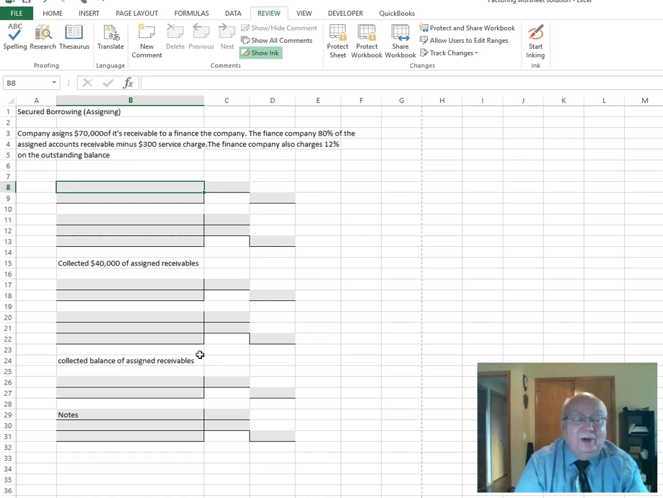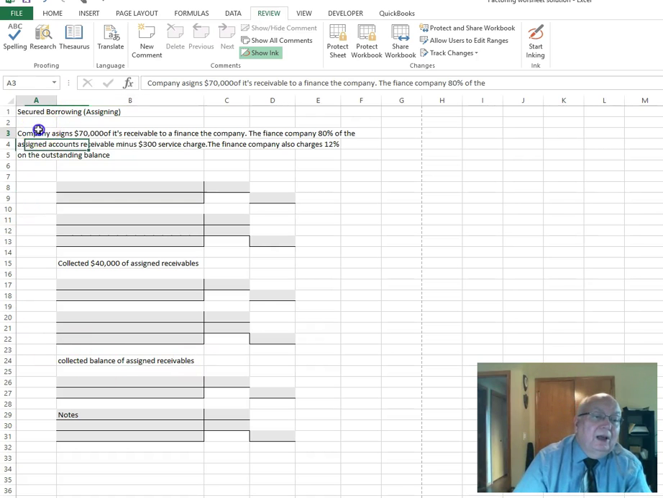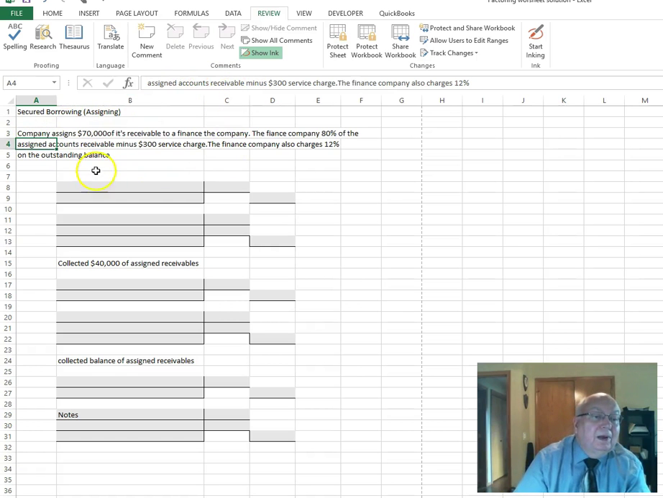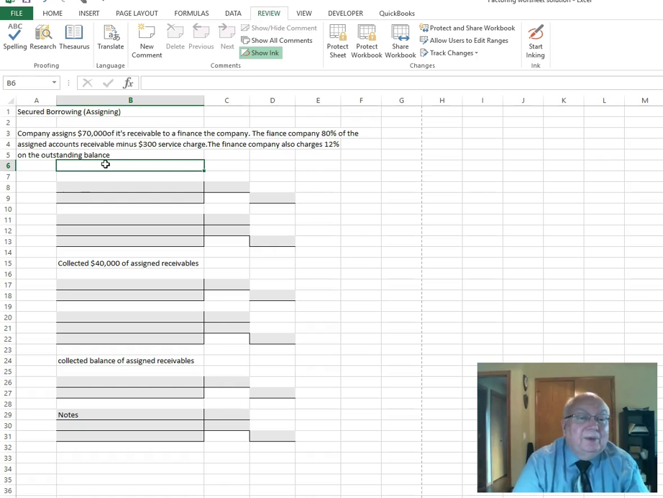Okay, so what we're going to do is the company assigns $70,000 of its receivables to a finance company. The finance company is 80% of the assigned. They give you. I